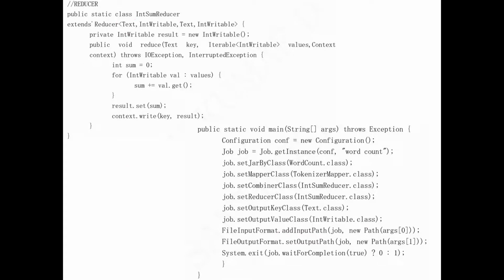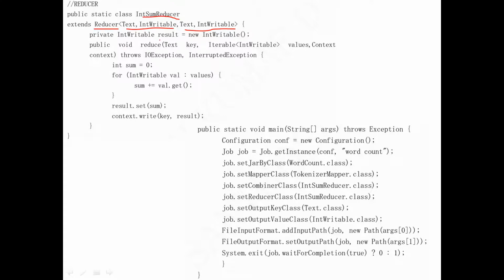Next we'll see the reducer class. Your public static class, the class name of the reducer, is IntSumReducer. It is extending the inbuilt reducer class. Here there are variables for the input: Text comma IntWritable is the input, and also Text comma IntWritable is the output. The text we get from the mapper is, for example, hello comma 1, the input from the mapper. Similarly, output of the reducer will also be like this, hello comma 2, or 1 or 2, depending on the given example here. Okay, so both are same, Text comma IntWritable and Text comma IntWritable.